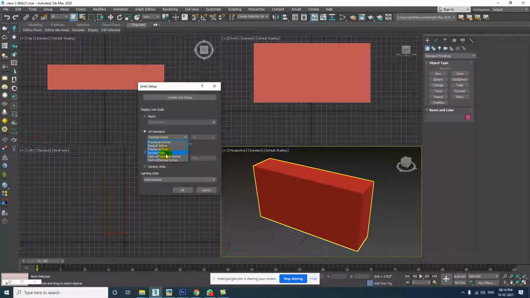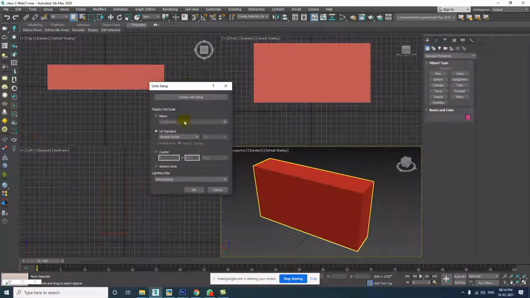Let me just complete this because I cannot access other things. No, it's because the palette is open here. Let me explain this, then I will explain with the help of the measurement of the object. So here you will see fractional inches, decimal inches, and again fractional feet, decimal feet. Okay, so if you want feet, you can either choose decimal or fractional, but mostly we go for decimal, like 1.5 feet, 1 feet 6 inches, like that. Okay, so let me select one, for example decimal feet. I go with decimal feet and I click OK.